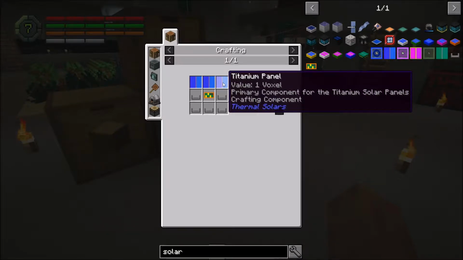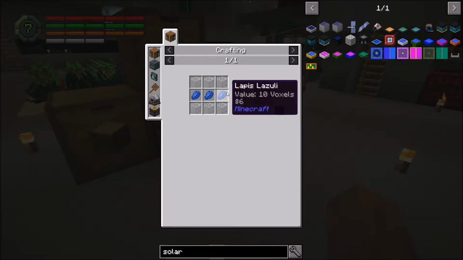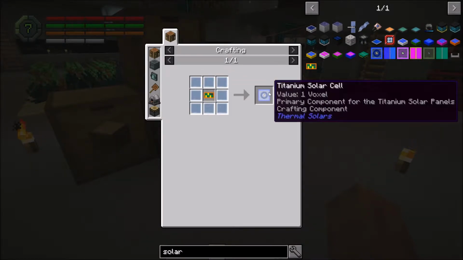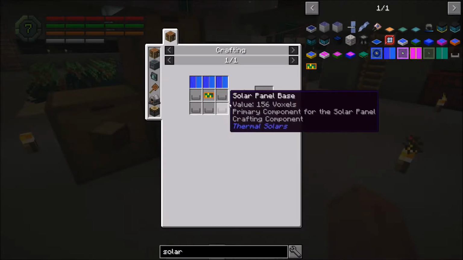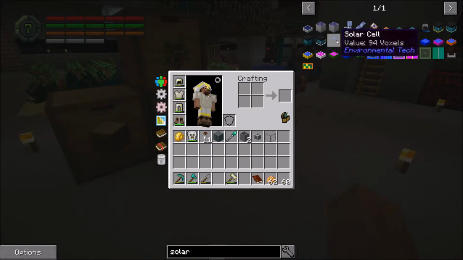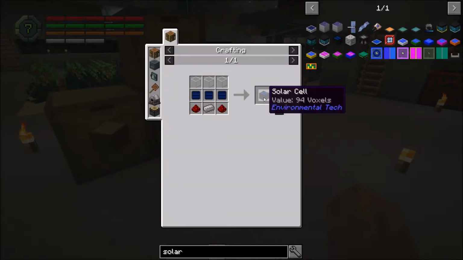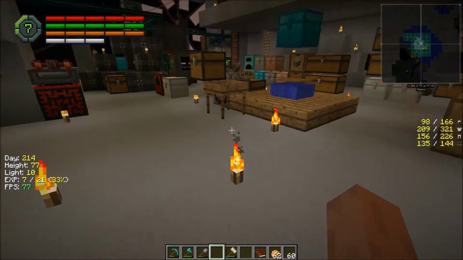Oh, titanium panel. Really? Oh, just titanium. I've been saying tinted. Oops. So, I mean, that's not that bad. These just require a lot of iron. That might not be bad as far as that goes. I really do wonder, though, if these put out power on their own. You know what? Let's find out. I want to know, because if it puts out power on its own, that...